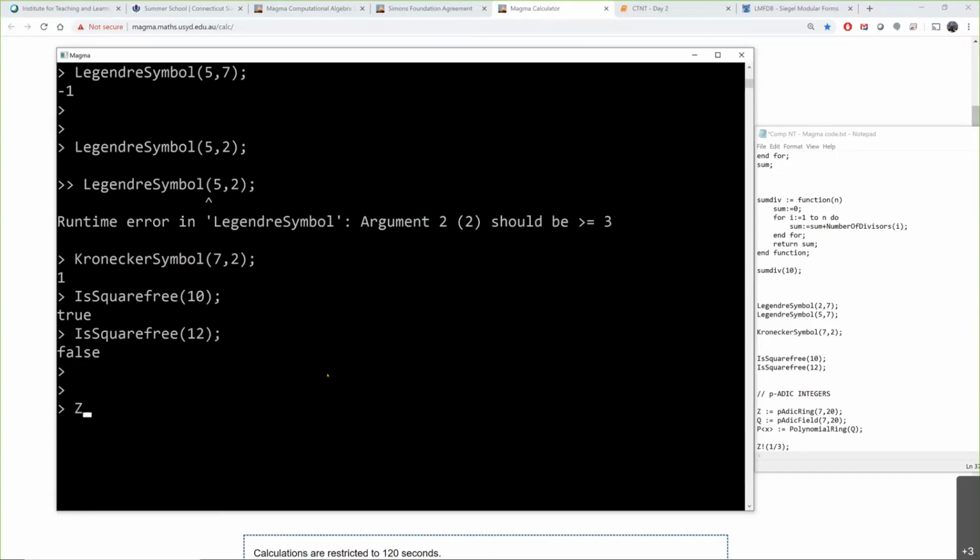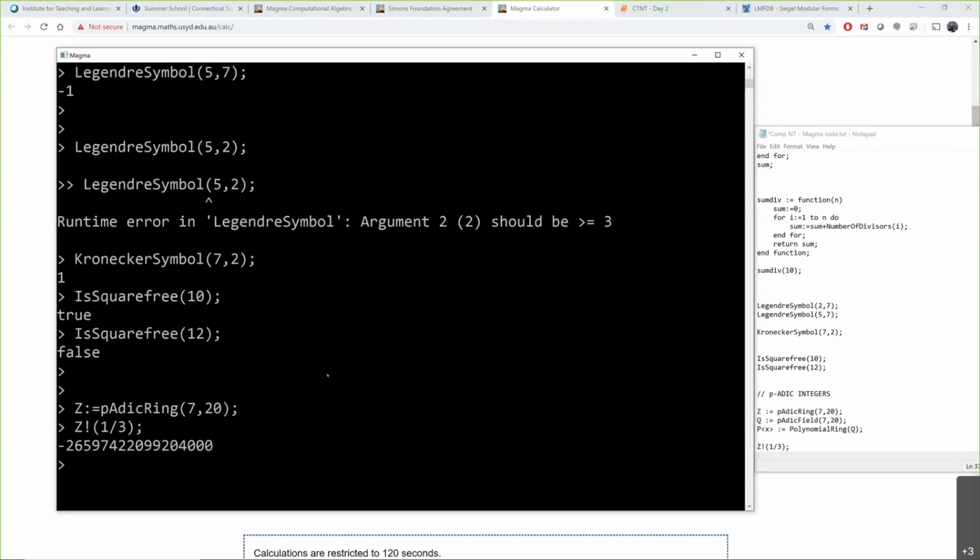So here are the p-adics, and in Magma they are defined by p-adic ring. 7, that's the prime, and 20 is the precision. So let's see what happens if I ask Magma, hey, I want a third as a p-adic integer. Boom, what is this? It tells me what a third is up to precision 7 to the 20